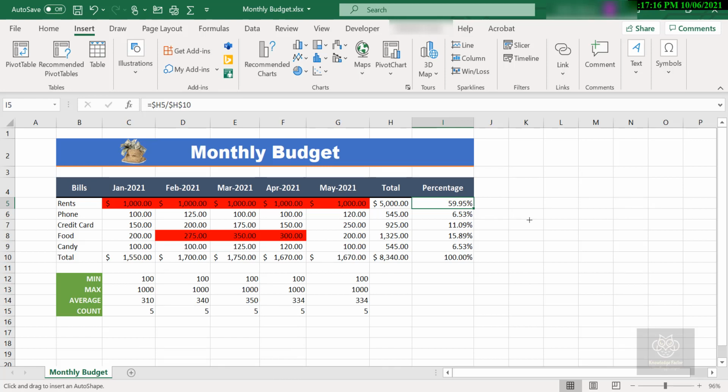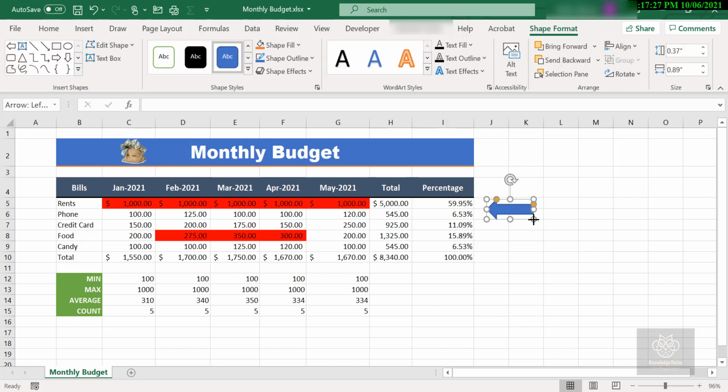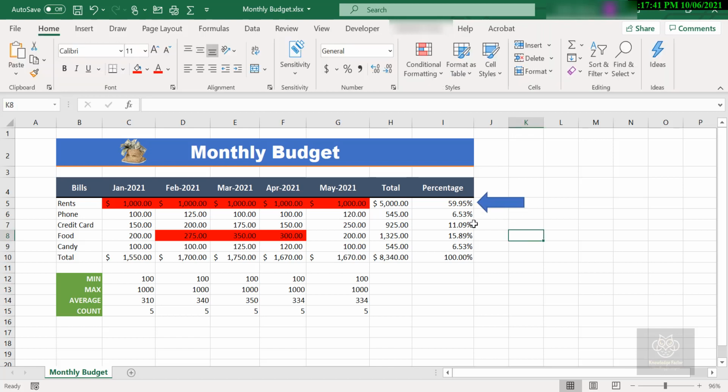I'm going to hop over here just next to the 59.95%. So I have just done a left click and drag to create that shape, and I can move it around. If that is the point right there, just to draw attention to it, this is my shape. I'll just make it a little bit more appropriate. So, what are we looking at? 59.95%. Well, it's like, what? 59.95% just on rent? That's the motto, right? The user should actually see this as a point of concern, right? Let's draw attention to it.